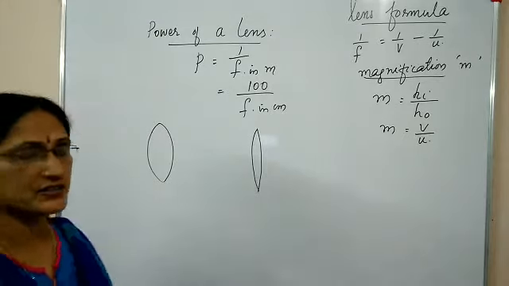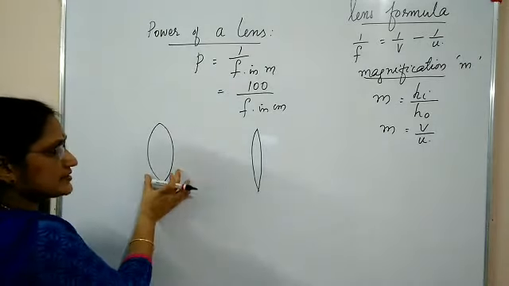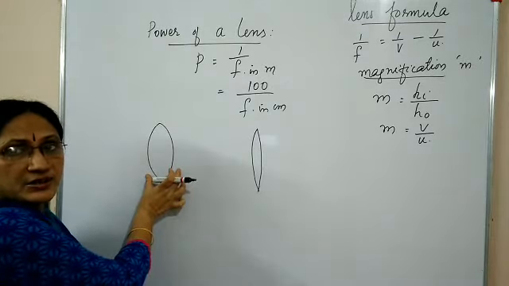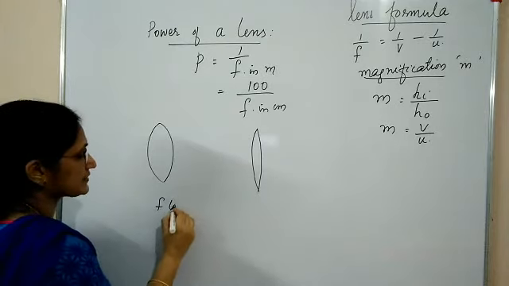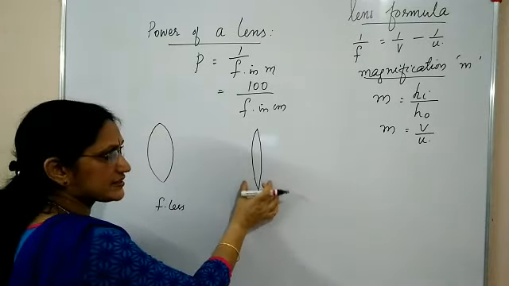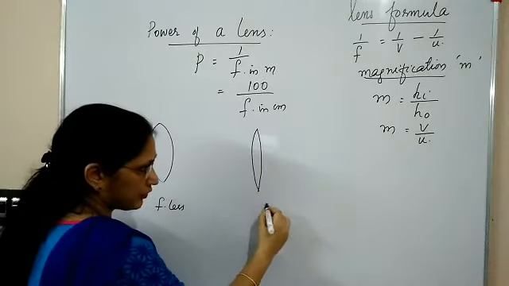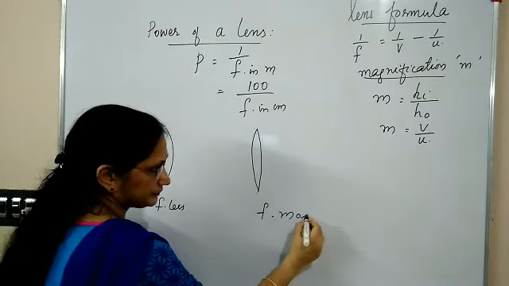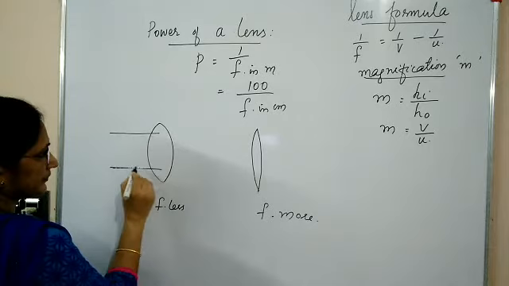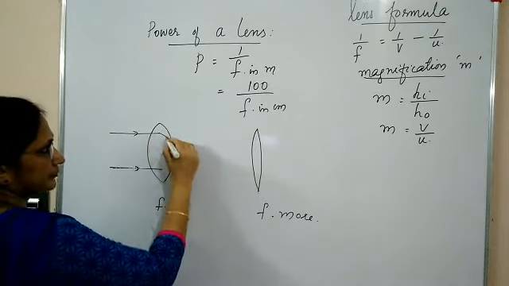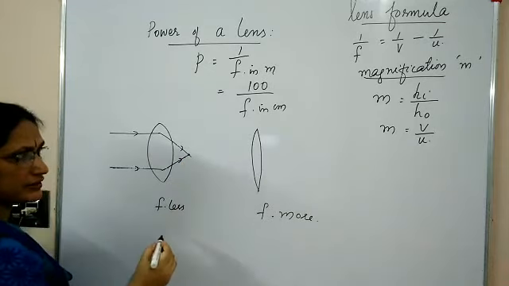In an earlier topic I discussed thick lenses and thin lenses. Thick lenses have less radius of curvature and less focal length. And thin lenses are made with big spheres, so the radius of curvature is high and focal length is more. Then, when some parallel rays are passed through a thick lens, let us see what will happen. They converge at a point here.